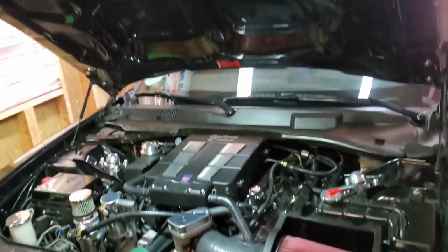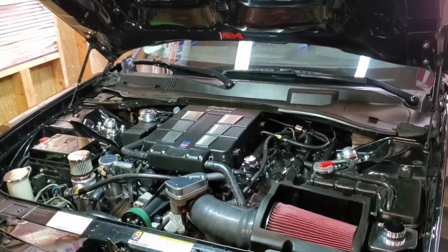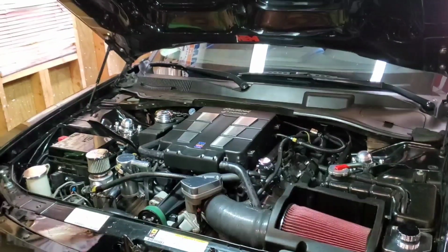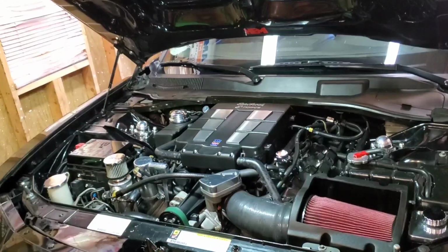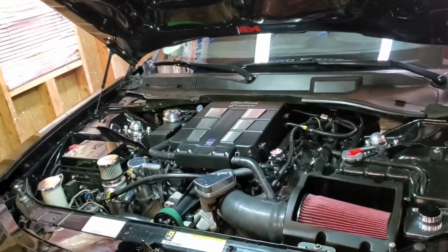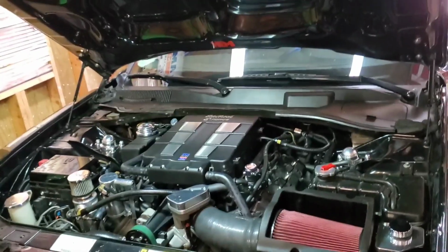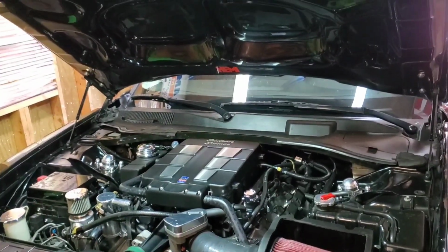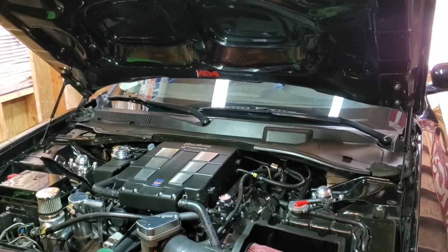But I got to get the injectors, the valve body, and I'm going to get a little bit smaller pulley, and I'm going to get a Grip Tech one. I got a 3-inch one in the house, but it's not a Grip Tech. But I'm going to order a 2.8 Grip Tech pulley. We might not even use a 2.8. We're just going to see. But I'm going to try to push it about as far as I can on 93